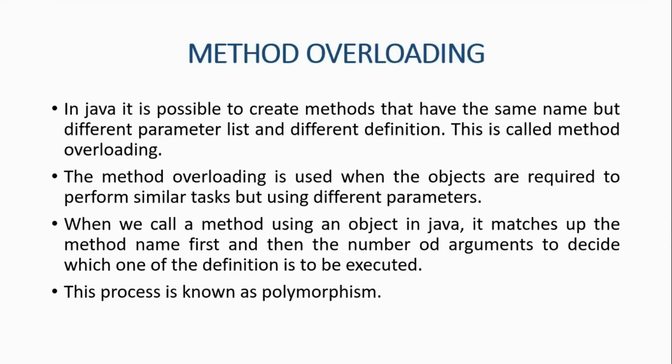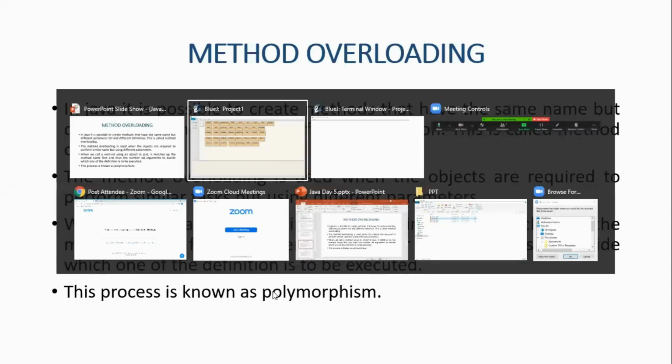When we talk about method overloading, that means using multiple methods in the same program. Like we were using multiple constructors in the same program, similarly we can use multiple methods in the same program. A method is something in which we have a return type and everything, like functions. But here also a condition arises: same name and same class, but different parameter list. So when we talk about method overloading, it takes the concept of polymorphism. Polymorphism basically means one name and multiple forms.